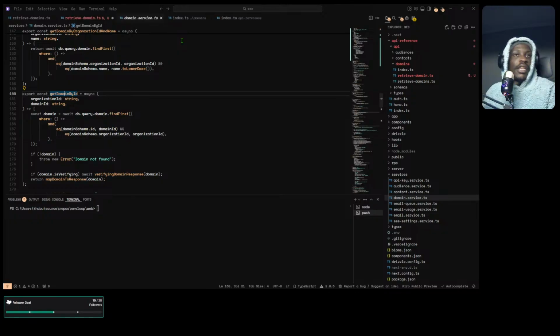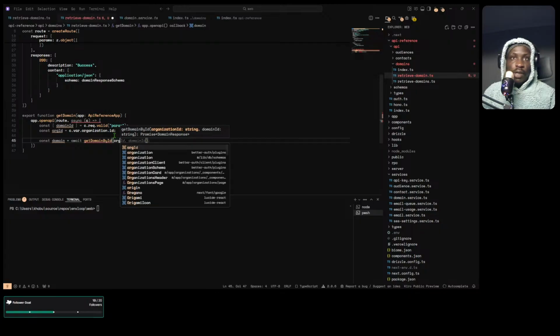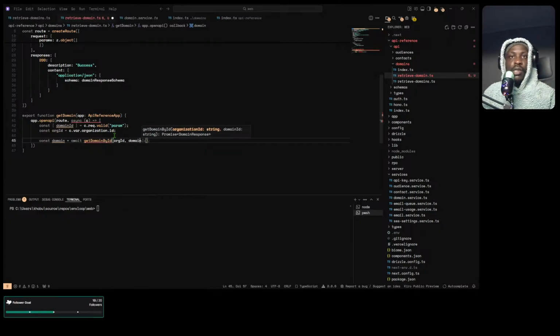So maybe I can get your domain ID and try to retrieve it even though I don't belong in your organization, then I can see your information, which is not right. So the name itself is not describing what the function is doing. This function is actually getting a domain by an organization ID and also a domain ID. Makes sense. So I was a bit worried here. But anyway,